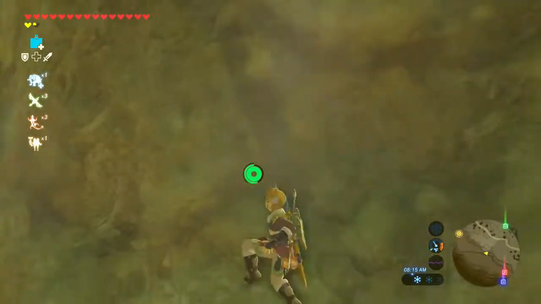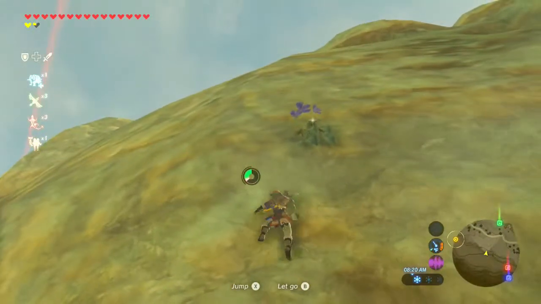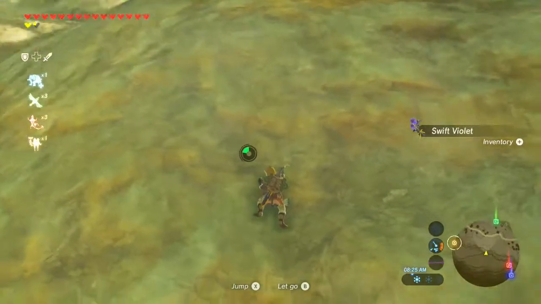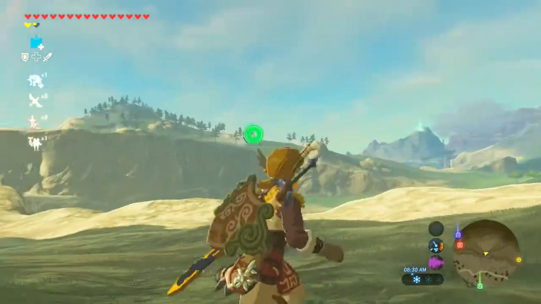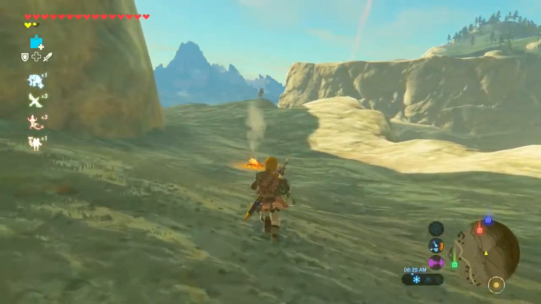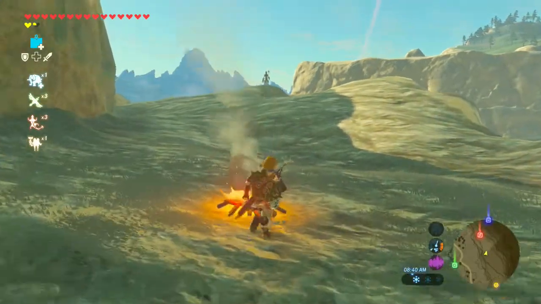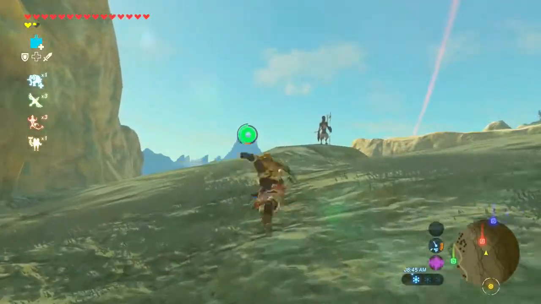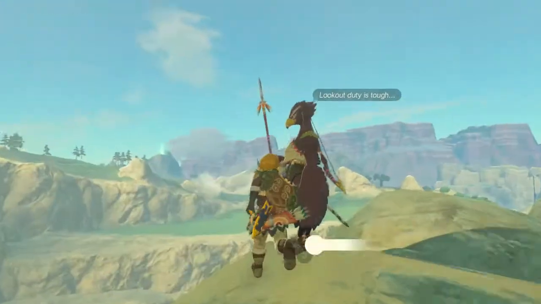I think this game does a fantastic job of making it so there's a lot for you to do in a lot of different areas. And whether that be Korok seeds, etc., it doesn't matter. There's still so much to do in these areas. And people say there's nothing to do, which is just wrong. There are a decent amount of areas that are kind of barren and don't have a lot to do. But that's the minority, not the majority. So, you know, I don't know. People say a lot of things about this game that I just completely disagree with, and maybe I'll get into those later. But for now, let's actually head on to the next shrine.